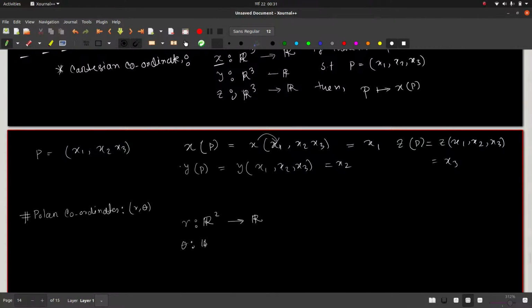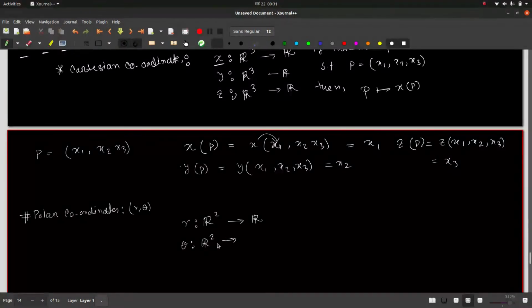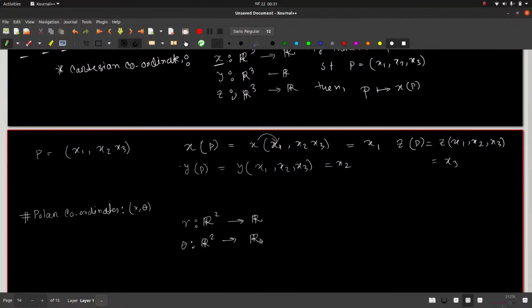Similarly for theta, R squared, and then there is another real number as well. Now if any point P is denoted over the manifold,